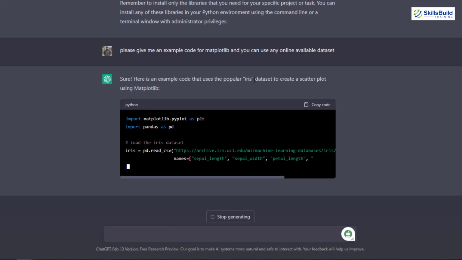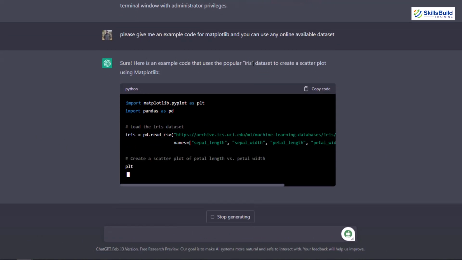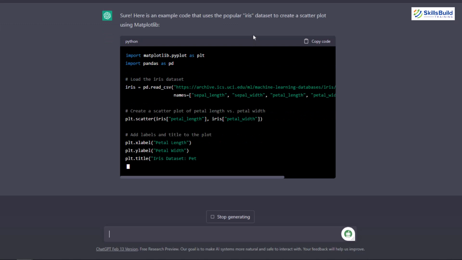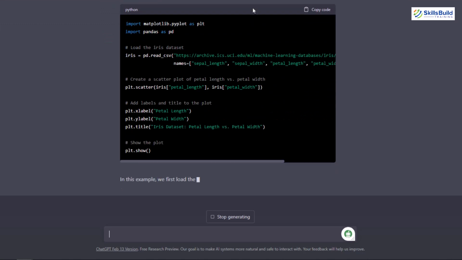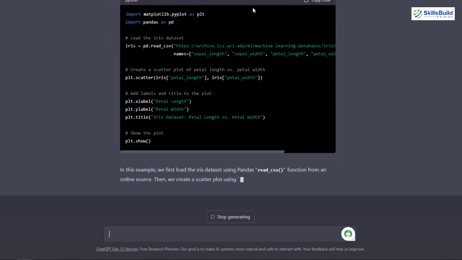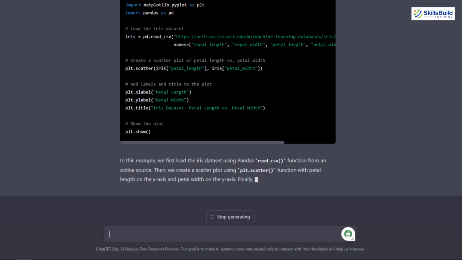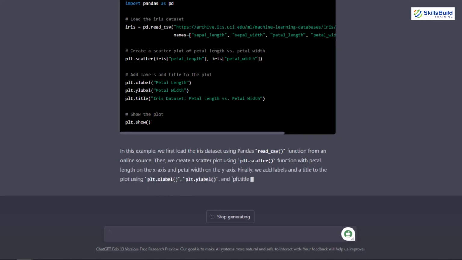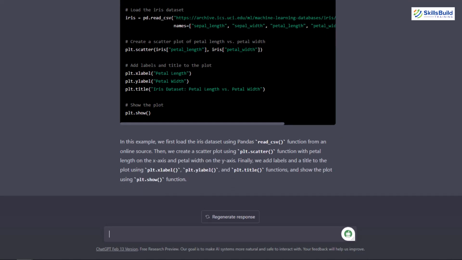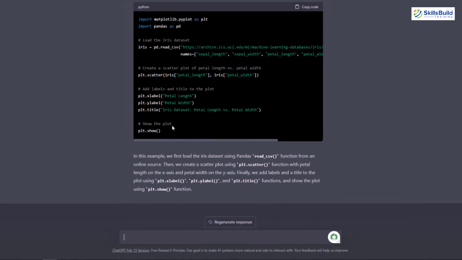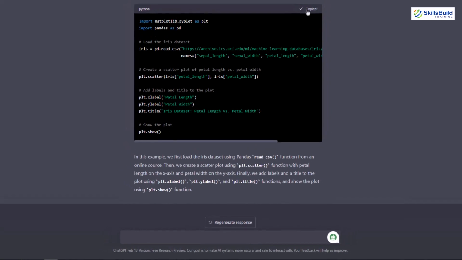Iris dataset is like a hello world program that you run in any programming language. So for data sciences, machine learning or deep learning, Iris is like hello world. So you will be seeing this particular dataset a lot when you go through the journey of learning Python for your data sciences. So here we have an example. I'll just simply copy this code.